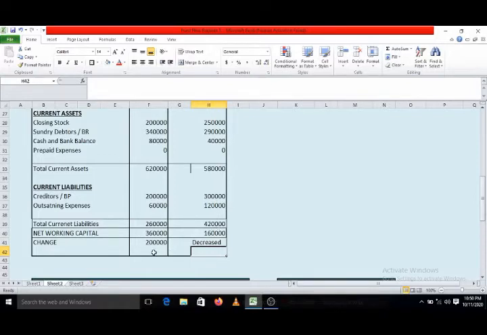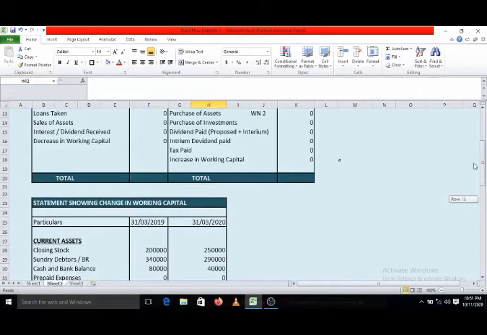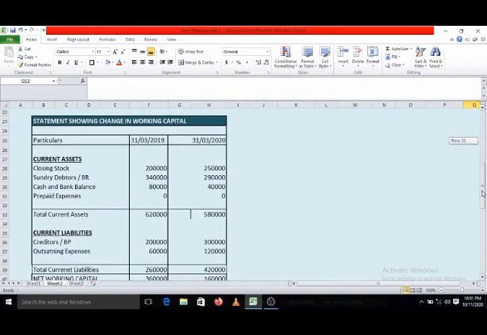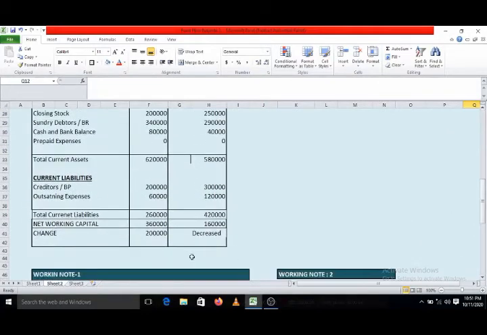So decrease in working capital, this will go directly to our fund flow statement. On which side? You can check out the format. Fund flow statement. See here on the sources side there is a decrease in working capital. So decrease in working capital 2 lakhs. Obviously increase in working capital will be 0, because either there will be the decrease in working capital or increase in working capital. So if the working capital has decreased, nothing will come in increase in working capital. So our first working note is over. Change in working capital. So working capital has decreased by rupees 2 lakhs.